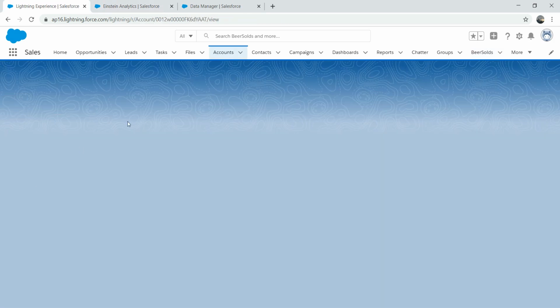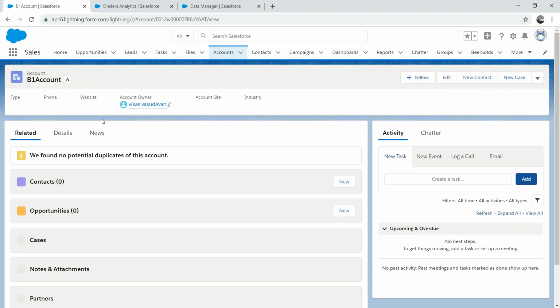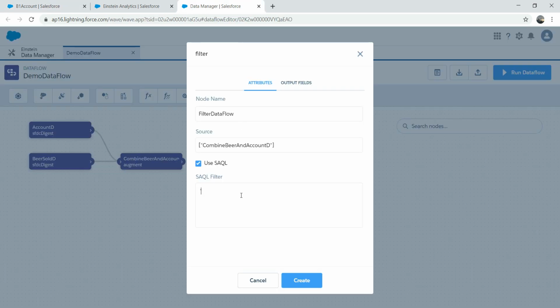Let me go and get this account. The most common problem which you will face is this. Now, I wanted to add a filter condition. Pretty straightforward, right? So what is a filter condition? You want to add a filter condition on accounts. Now, how do you add a filter condition? Because you can't put name equals to